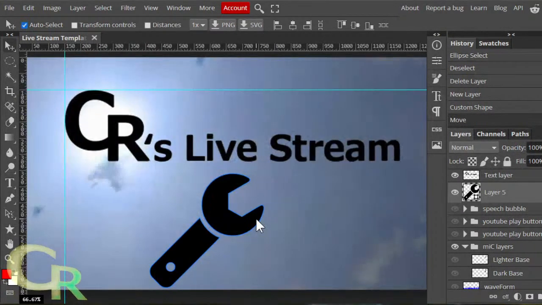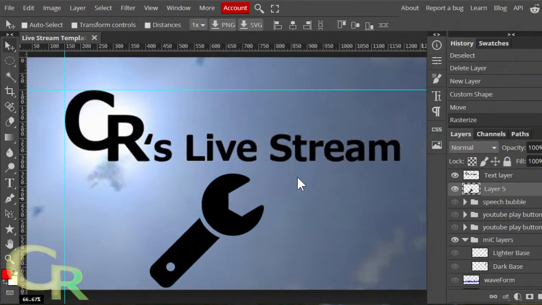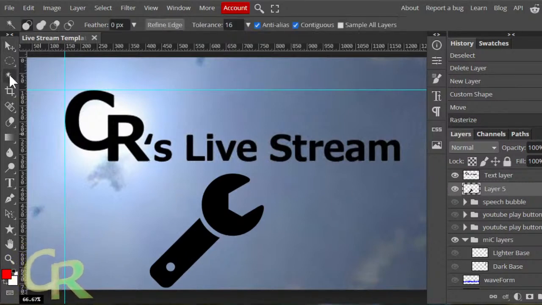So I'm going to zoom in here. I have to rasterize it. I probably should have made this gray. Actually, I think I'll make it gray. Press delete for the magic wand, just right up here. It looks like a little wand. Hold shift so I can select both parts.